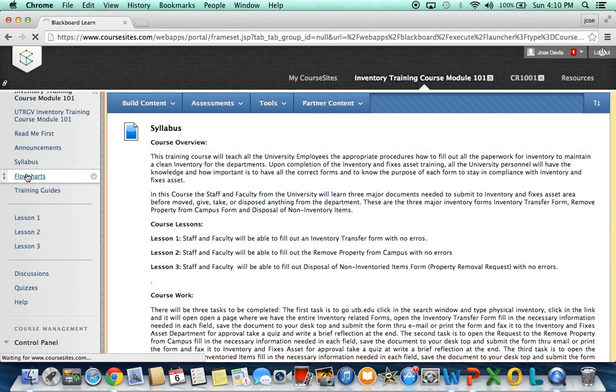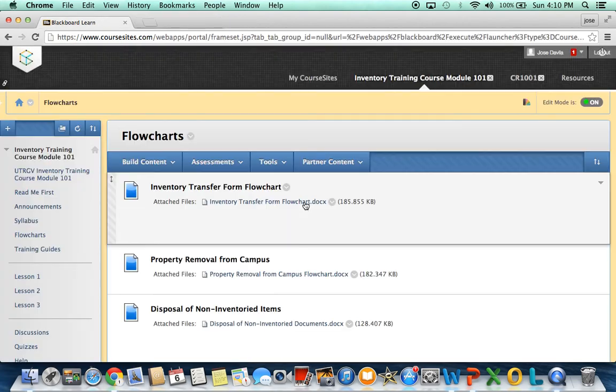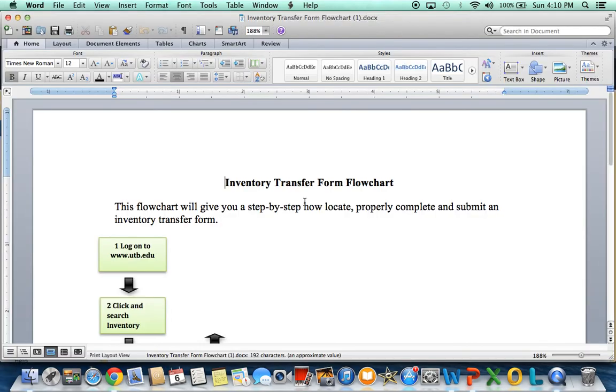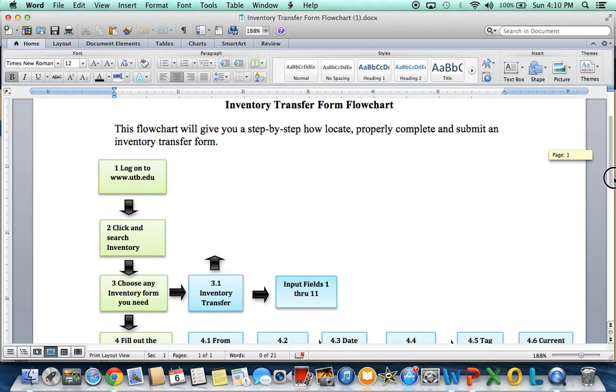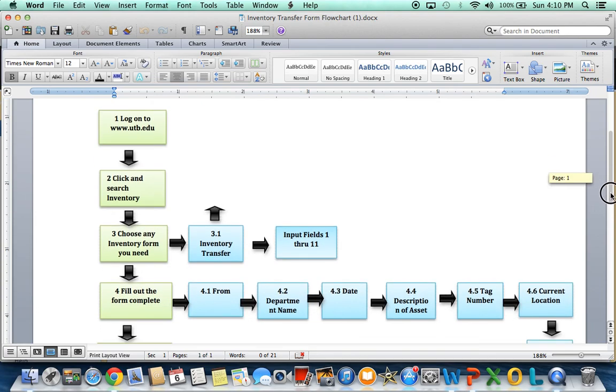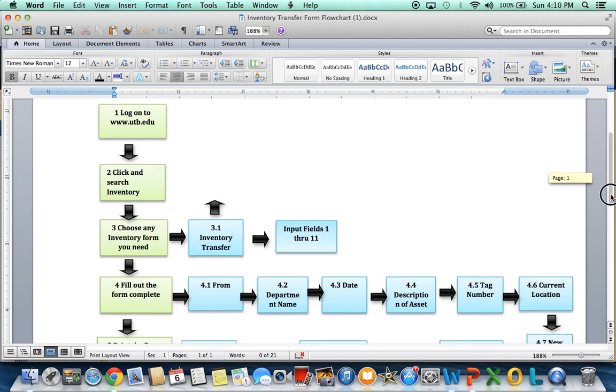I'm going to show you just a preview of the flowcharts that I provided for this class. This is the flowchart for the inventory transfer form, and it gives you step by step how to properly complete and submit the inventory transfer form to the Fixed Assets department. First of all, you need to log in to the computer. We're still using the old website where you can find all these inventory transfer forms, which still haven't been updated to the new